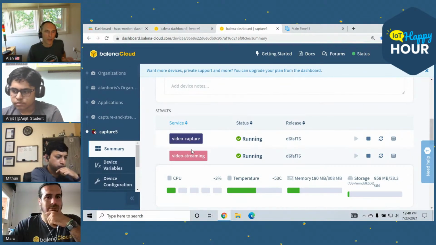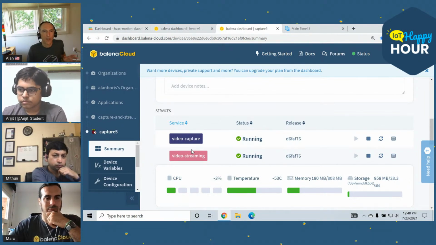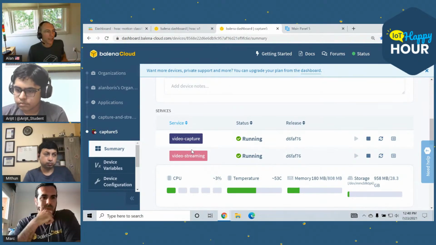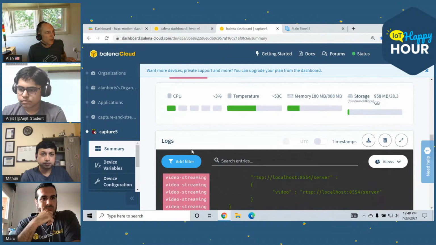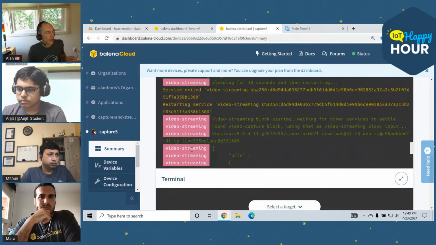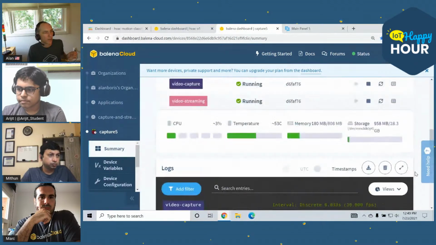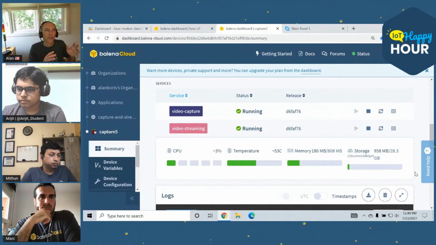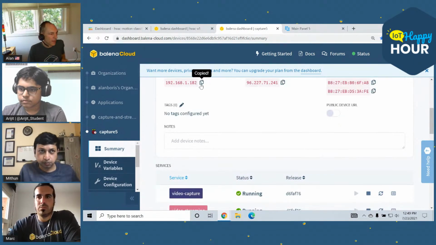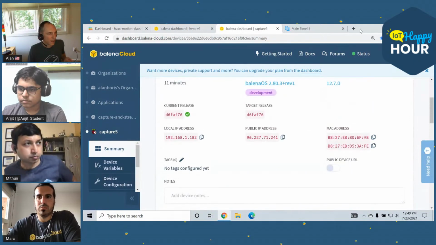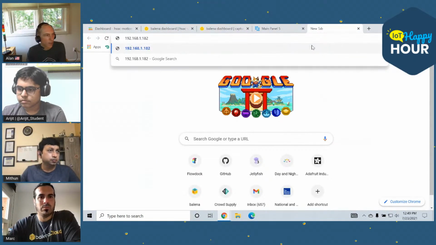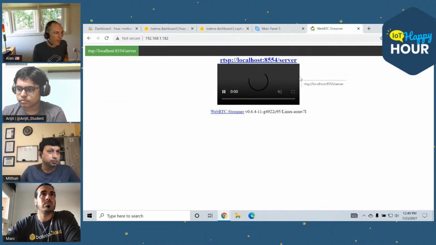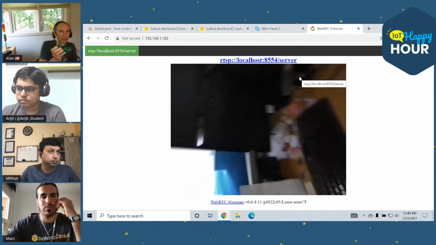All you have to do is put them into your project, and it will do all of the behind-the-scenes work of finding the camera and creating the WebRTC. Both of these blocks use pre-made code that we have also added to make the setup really easy. So really quickly, let me just take the IP address of this device and put it into the browser. You could also use the public URL for this if you wanted to. And just like that, it finds the camera, and here we go.